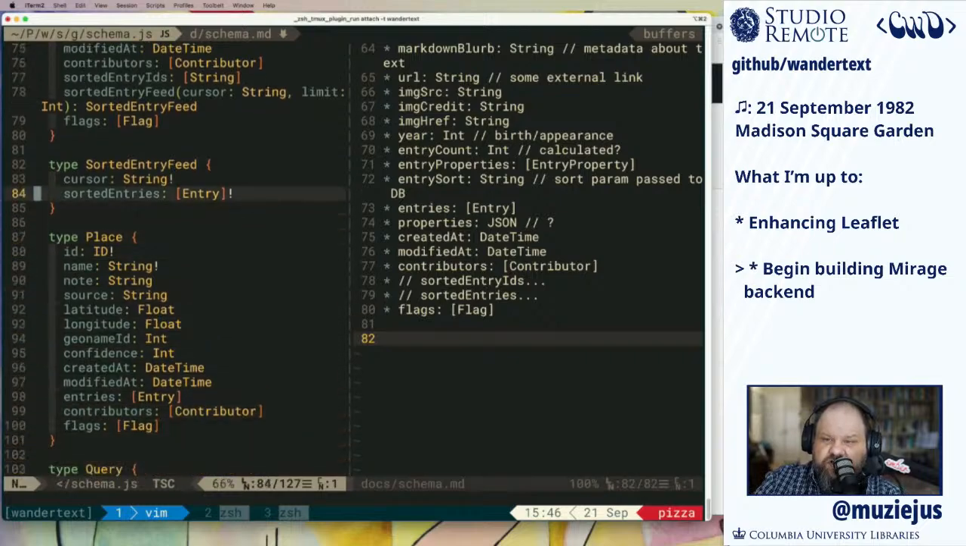So the sorted entry feed, this is a GraphQL thingy or something along those lines about getting pagination to